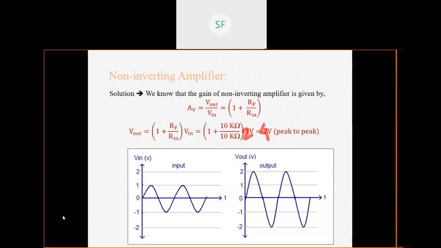Okay, so these two are very important, and the derivation for either inverting or non-inverting will compulsorily come if your exam is by the old method, for 7 to 8 marks. Which question? Derivation of voltage gain for either inverting amplifier or non-inverting amplifier. Or a simple problem may come like this: find out the value of gain, find out the value of V out, and also draw input output waveforms.